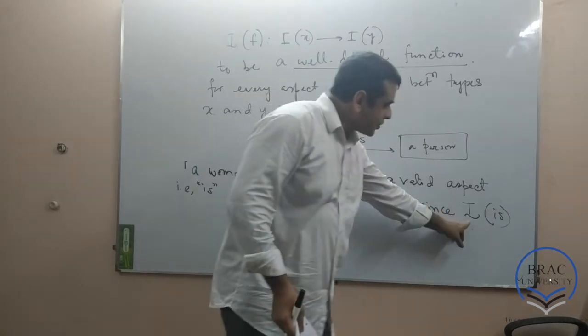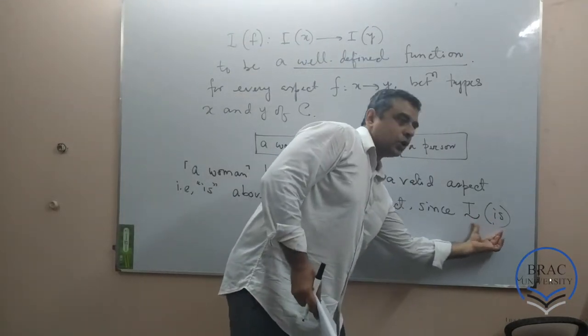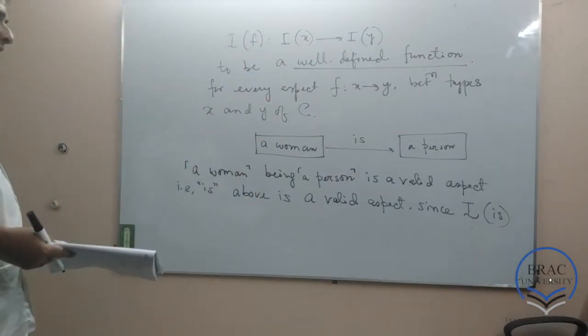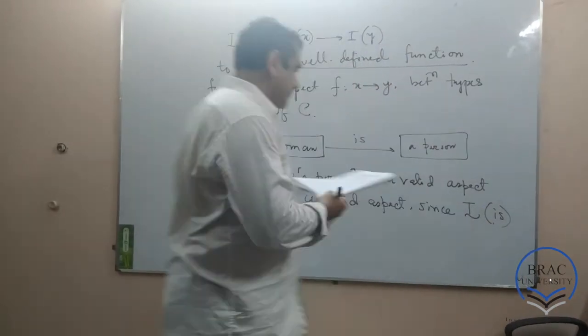The I functor acting on this aspect is kind of a function. We want this guy to behave like a function. Alright? So since I functor acting on the aspect is